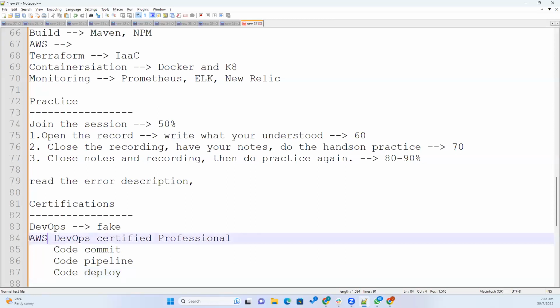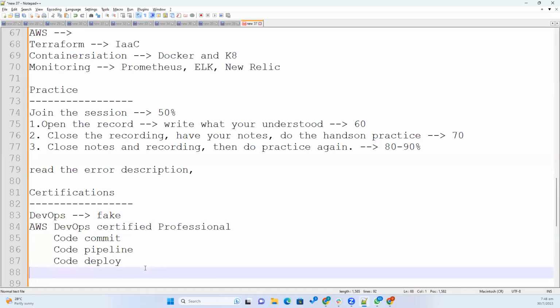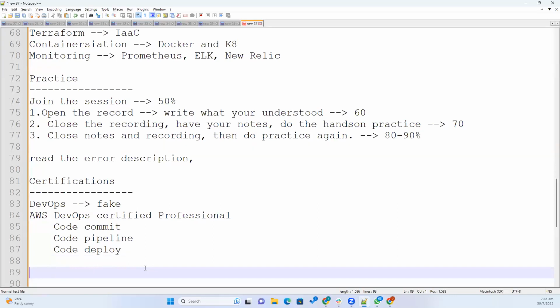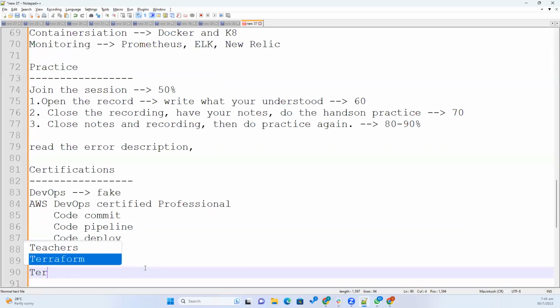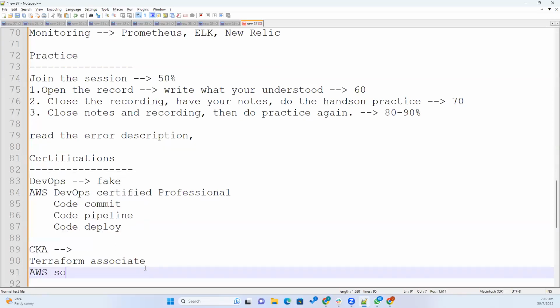If you are doing AWS, then AWS is owned by Amazon, so you can go for certification. DevOps is not owned by anyone, so you need not do a certification; knowledge and expertise are enough. Important certifications I can name are Certified Kubernetes Administrator, Terraform Associate, and AWS Solutions Architect Associate. These are things we are anyhow covering in our syllabus, so you can definitely do these certifications.